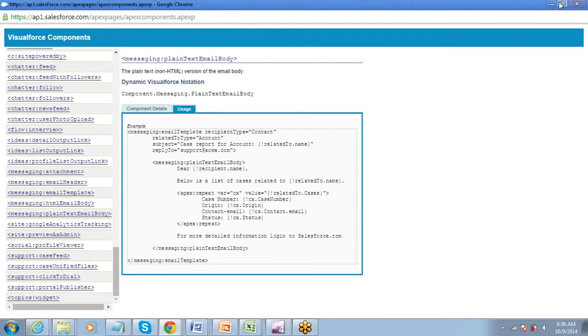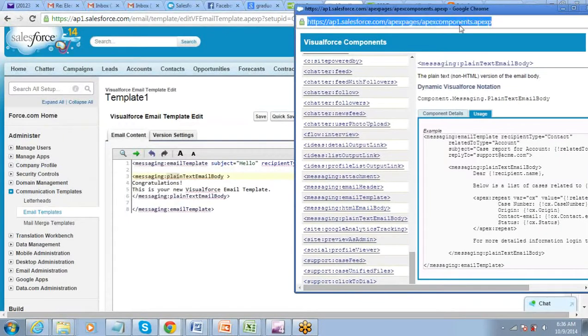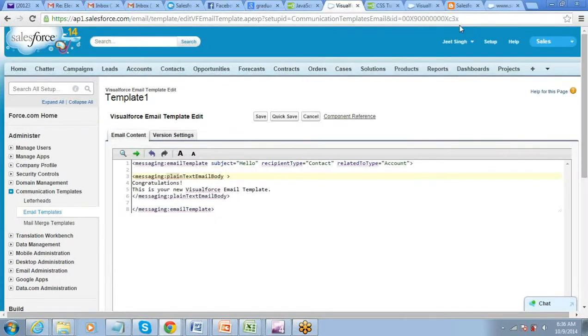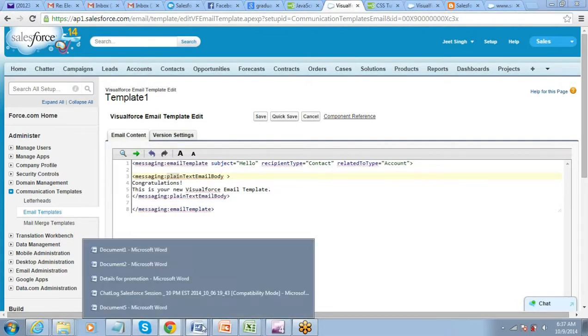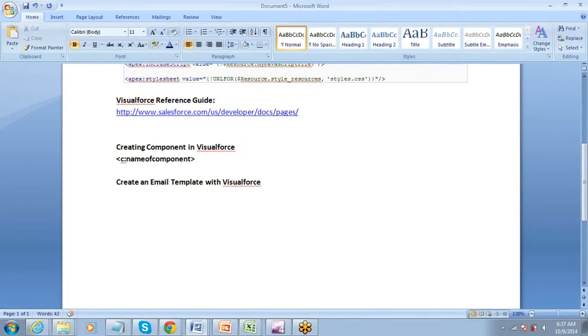Now this component reference library is a very good thing which you can use in Visualforce. So this is more like a dictionary. We never know, or we never learn all the components. We just go to them and use this component reference for understanding what kind of functionality we need or what component we need. We'll just go back there and see which component fits our requirement, and then we pick that. Alright. So using component reference library, or knowing how to use component reference library, is very important.